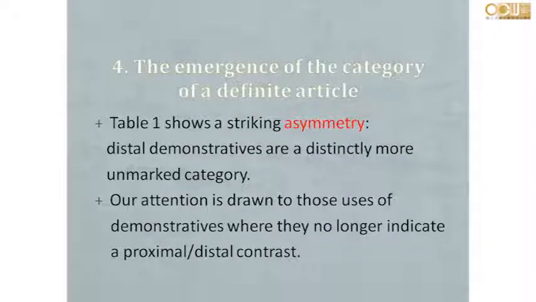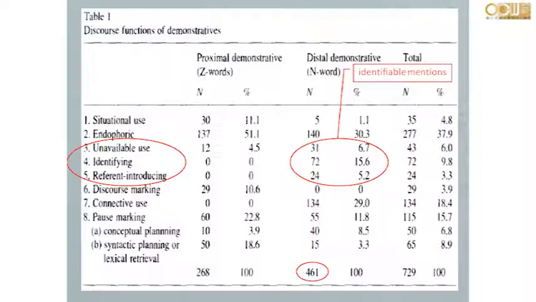然后第四部分是 the emergence of the category of a definite article。这边我们从表格来比较它所有 data 里面的资料。Table 1 shows a striking asymmetry. Distal demonstratives are a distinctly more unmarked category. 你先把重点讲清楚，等一下我们会看到这个跟那个的分布，哪一个比较多？那比这多很多。